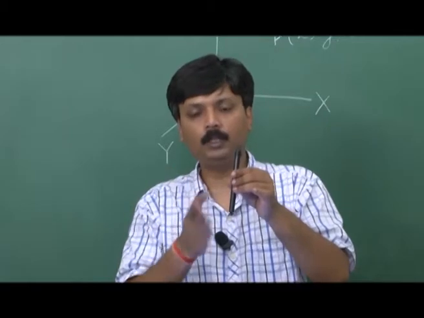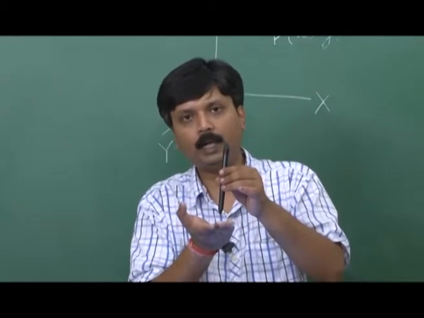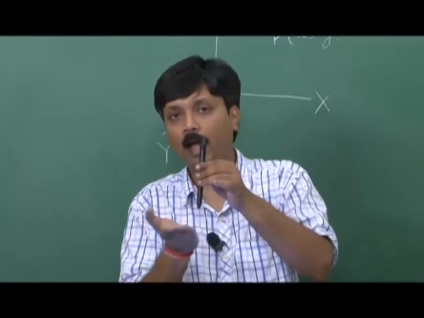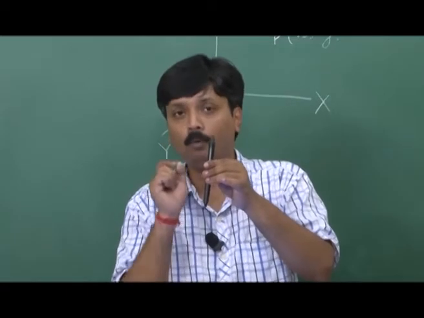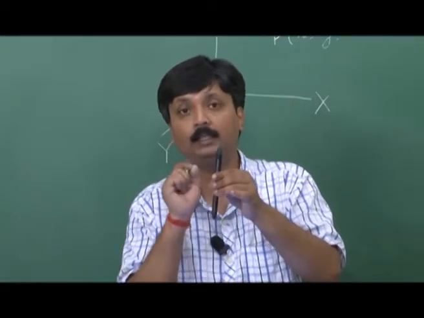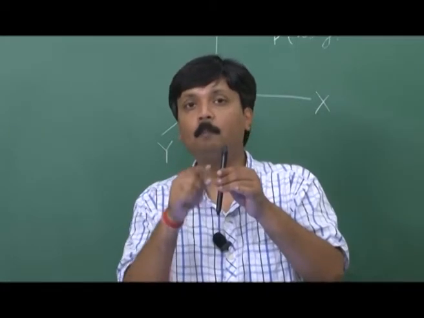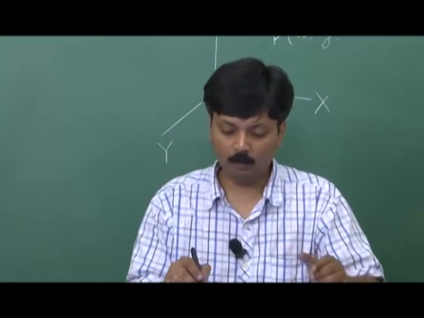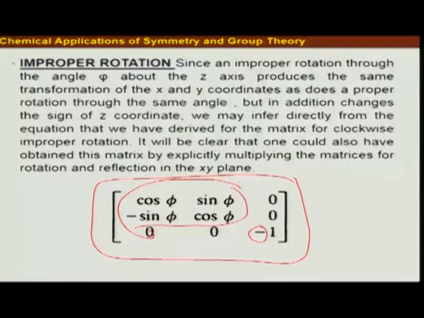Now after this rotation, you have to get a reflection on the perpendicular plane, so you know exactly which is the plane. So first you rotate around z and then you reflect around xy plane. So when you have sigma xy, what is that coordinate which changes is the z. So the z will be minus z, correct, after you get that reflection. So you have the rotational component here, and this component with this negative sign is for the reflection on xy plane, and exactly that's what is the overall matrix representation of improper rotation. Okay,